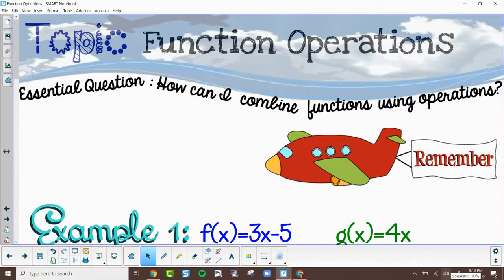Hi there, and welcome to Function Operations. We're going to look at all the different ways that we can combine functions. Some of these will be fairly straightforward, and at the end we're going to introduce most likely something that is